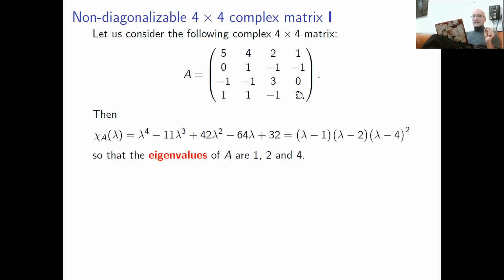So rank of your matrix is going to be less than 4 by definition. It must drop because determinant of the matrix A minus 4I is going to be 0. So rank drops. How it drops, we don't know. If it drops by 1, it means the kernel is 1. So by rank-nullity theorem, dimension of the kernel space, it's exactly what we're looking for, geometric multiplicity of 4. The dimension of the kernel space of A minus lambda I is 4 minus rank of A. So rank of A may be 3, maybe 2.